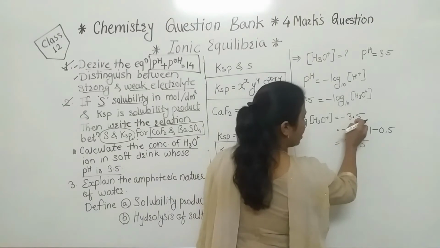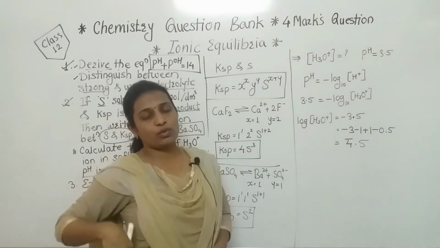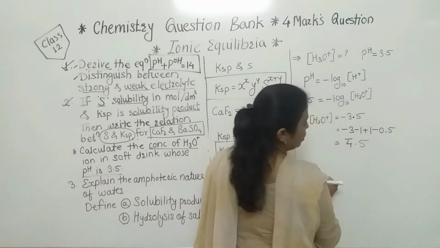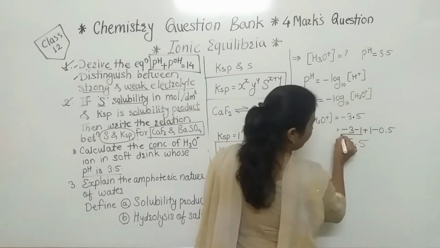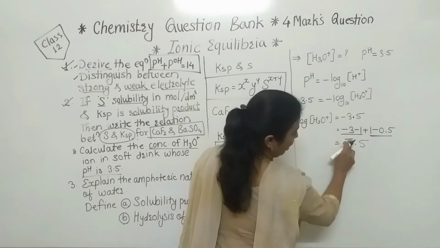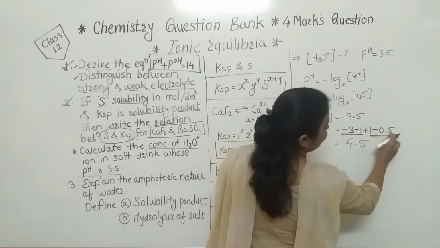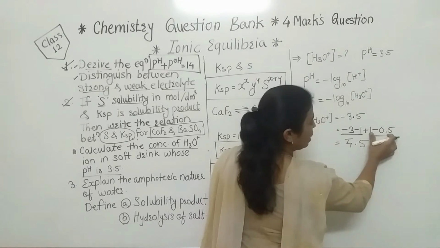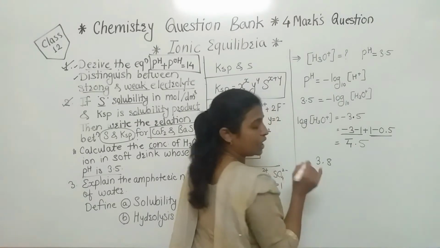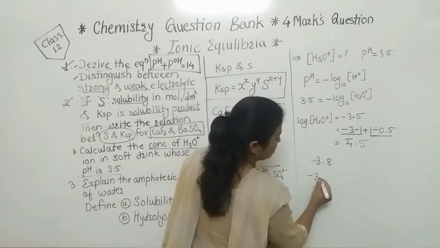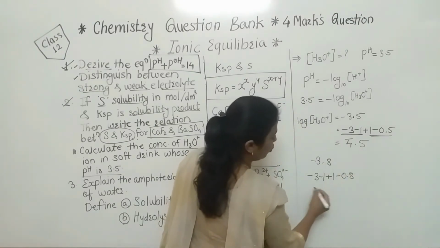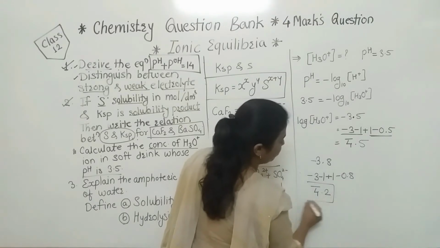Whenever we want the antilog of a negative value, firstly we have to convert it into bar, and for that purpose we use the minus 1 plus 1 method. Here we make the first half part and the second half part. Minus 3 minus 1 is bar 4, plus 1 minus 0.5, its subtraction will be there, and the sign will be of the bigger value. If instead of 3.5, 3.8 was there, then what to do? See, minus 3 minus 1 plus 1 minus 0.8, and according to that, bar 4.2 will be our answer.